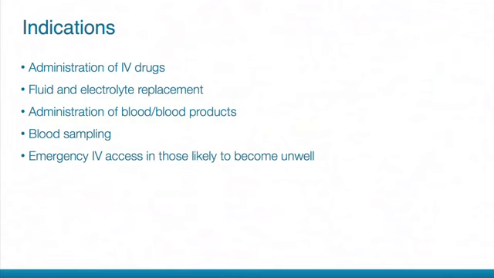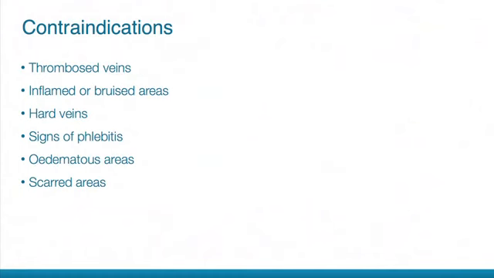Indications for venous cannulation include administration of intravenous drugs, fluid and electrolyte replacement, administration of blood or blood products, blood sampling, and for emergency IV access in patients who are likely to become unwell. Contraindications for venous cannulation include thrombosed veins, inflamed or bruised areas, hard veins, signs of phlebitis, and edematous or scarred